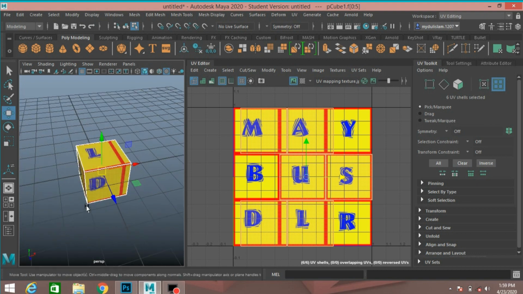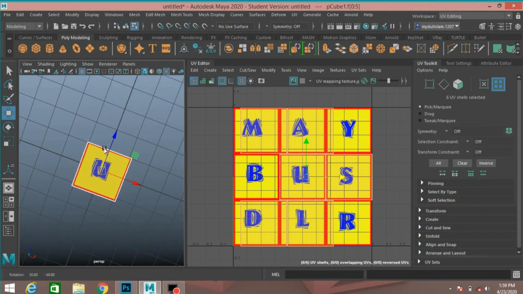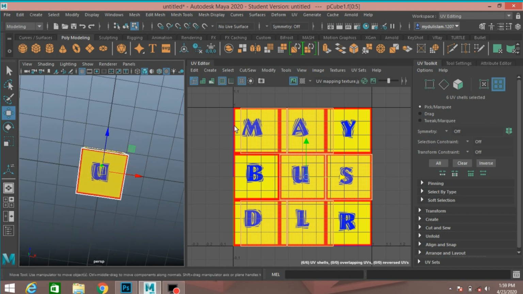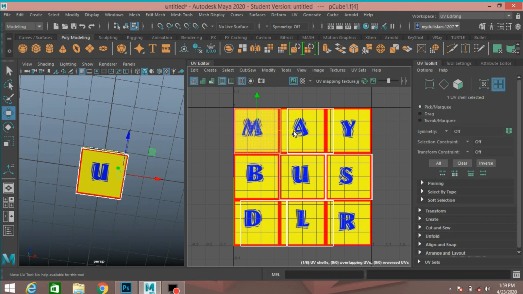See, U letter. Now select this shell and move it here, this shell and move it here, this shell, sorry, first this shell, move it just here, this here, this shell, this is already placed correctly.